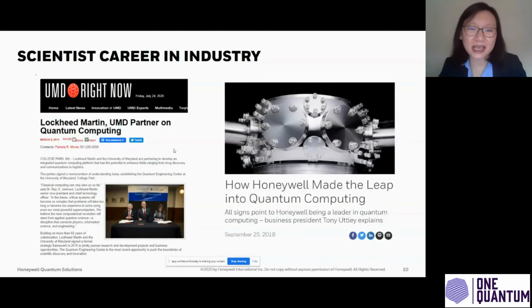Around that time, Honeywell also started microfabricating ion traps in collaboration with Georgia Tech Research Institute. And people were talking about building quantum computers like D-Wave does, but with different technologies like trapped ions and superconducting qubits. I was aware of all those things going on, but I really wasn't actively thinking about